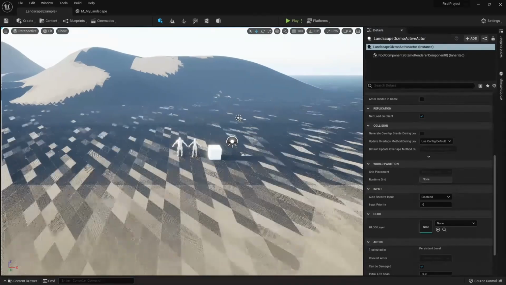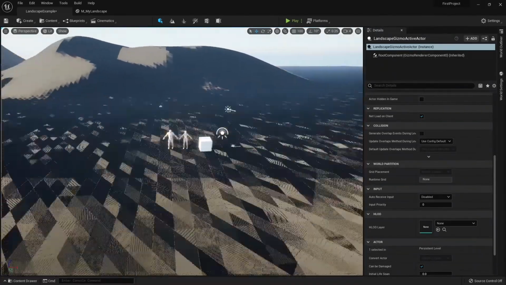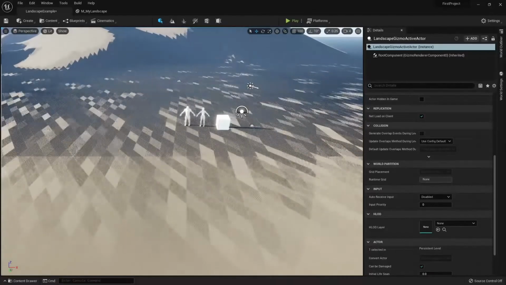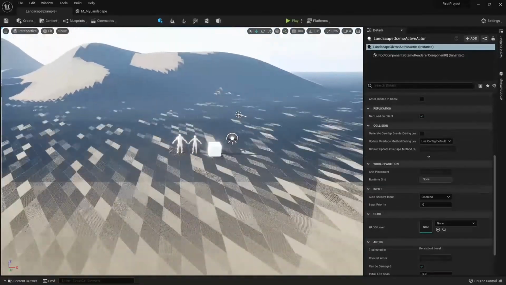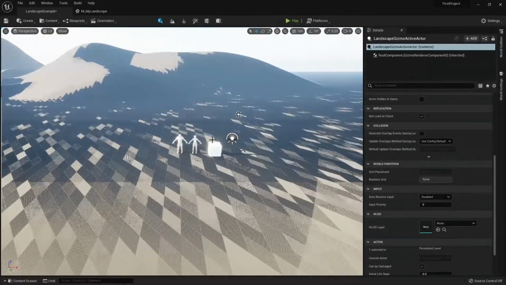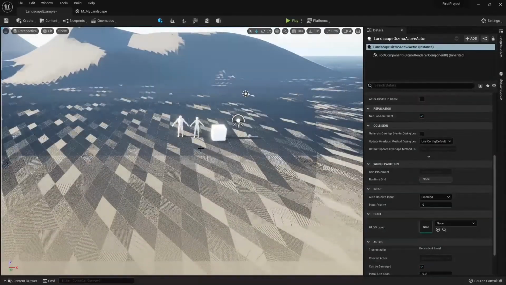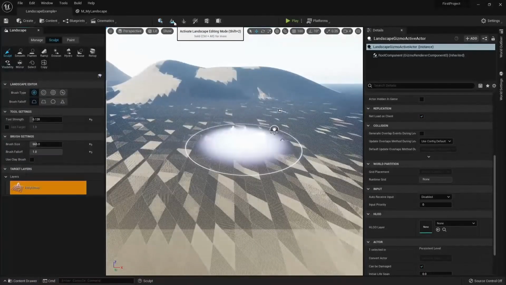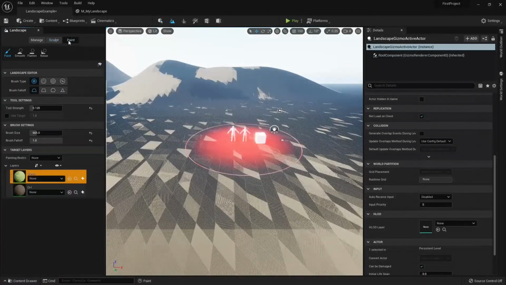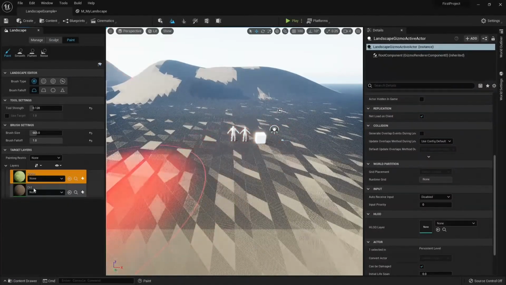And now we will notice that our landscape looks immensely glitchy. We get a bunch of weird shading issues, and this is on purpose. This is because we need to assign a landscape layer to our landscape. To do so, we need to jump into our landscape modes and make sure we go into the paint tab right here. In landscape mode, paint tab, you want to come all the way down here